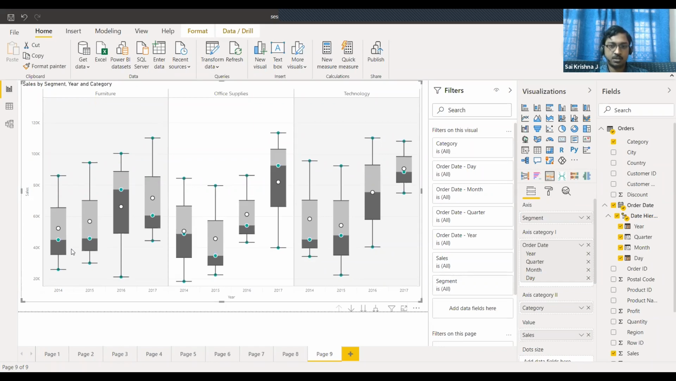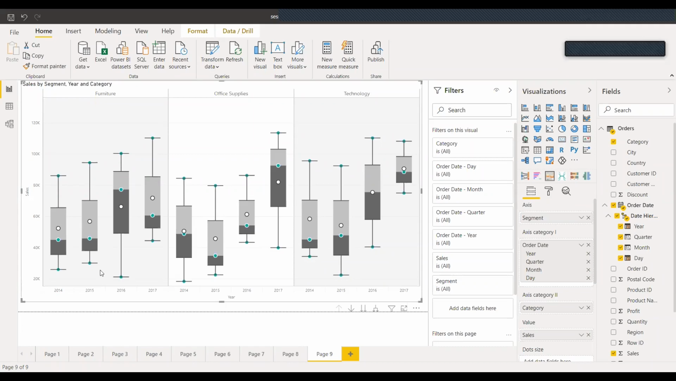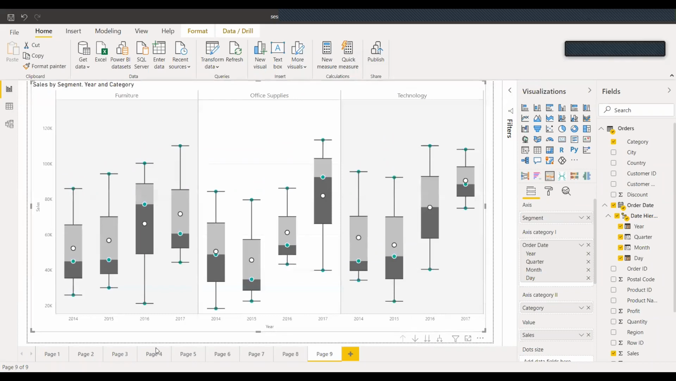So any questions here? Okay. Thanks, Sai. Yeah, no problem. Okay. So yeah, this was box whisker, and then we had